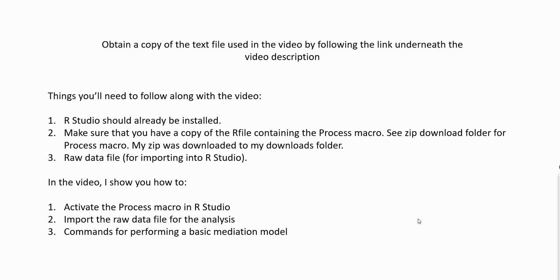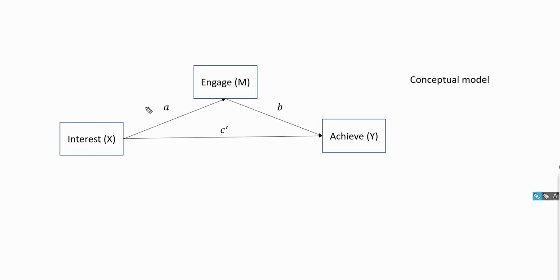The model that we're going to be working with looks like this. Basically, we have three variables in this system. We have student interest, which is our X variable. We have engagement, which is our M variable, and achievement, which is our Y variable. All three of these variables are quantitative variables in our data set. And we have three paths that are being estimated: a, b, and c prime. The indirect effect of interest on achievement through the engagement variable, our proposed mediator, is quantified as the product of a and b, and then we can test that for significance,